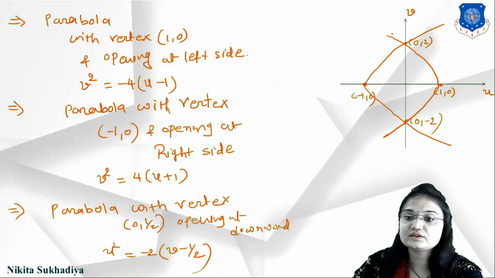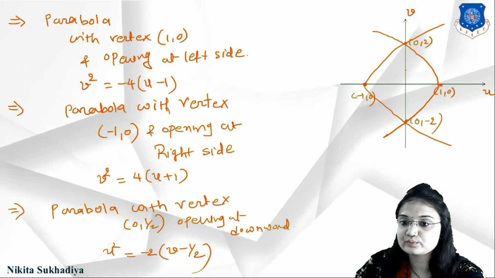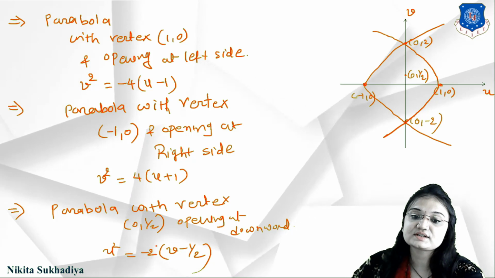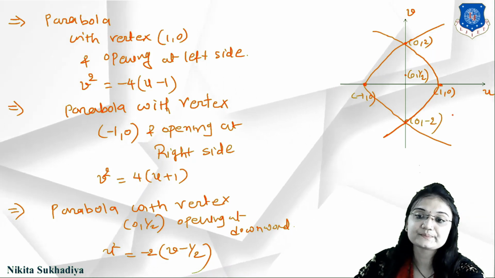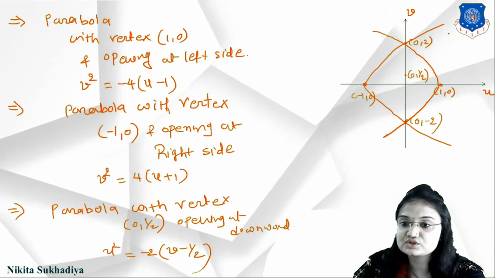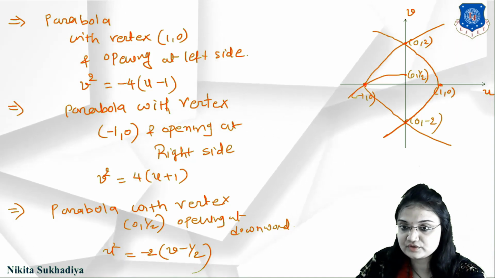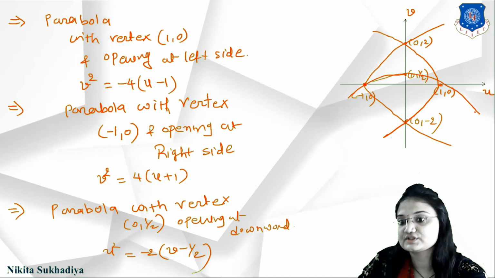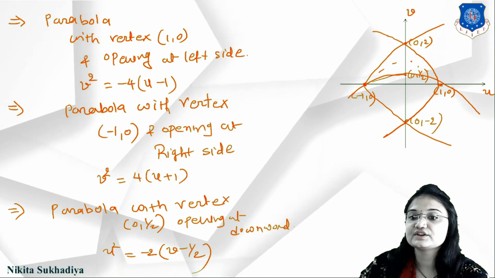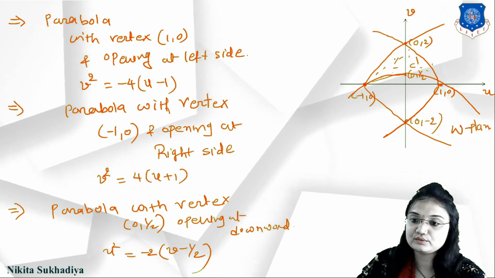Okay, and then the third is with vertex (0, 1 by 2). So where is the point (0, 1 by 2)? For example, this is the point (0, 1 by 2). It opens in the downward side, that is the negative side, and here the distance is 2. So this is the total distance 2. So this is like this parabola. It goes from this point to this point. Okay, so this is the representation of the parabolas, and this is the region bounded by these parabolas, and this is our W plane.